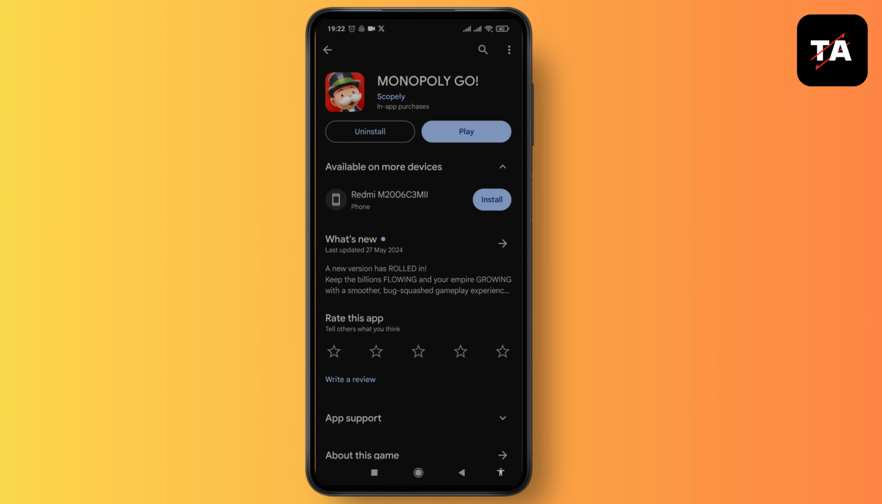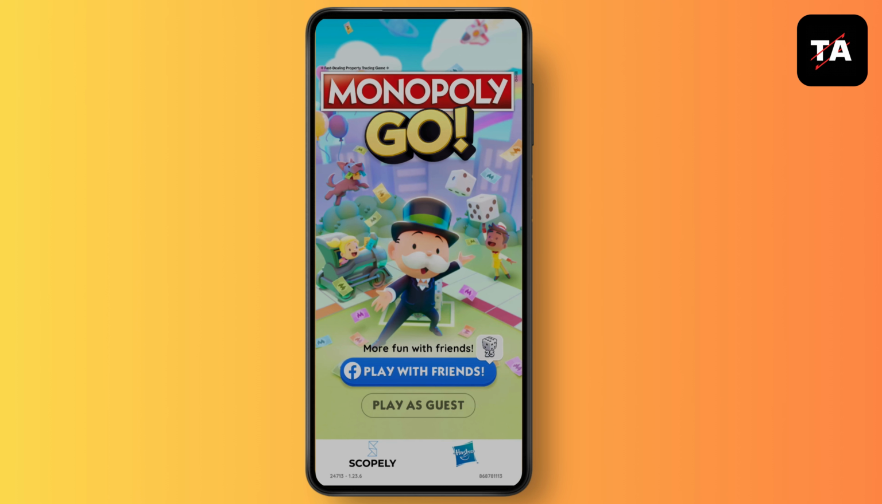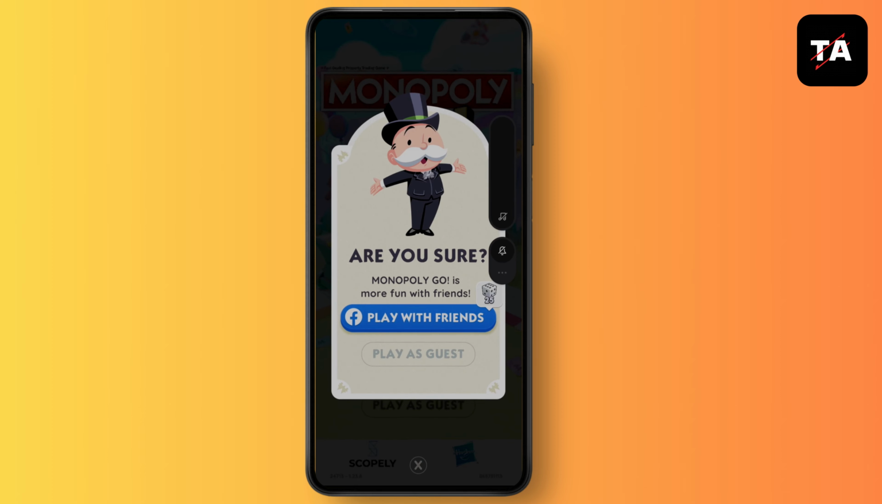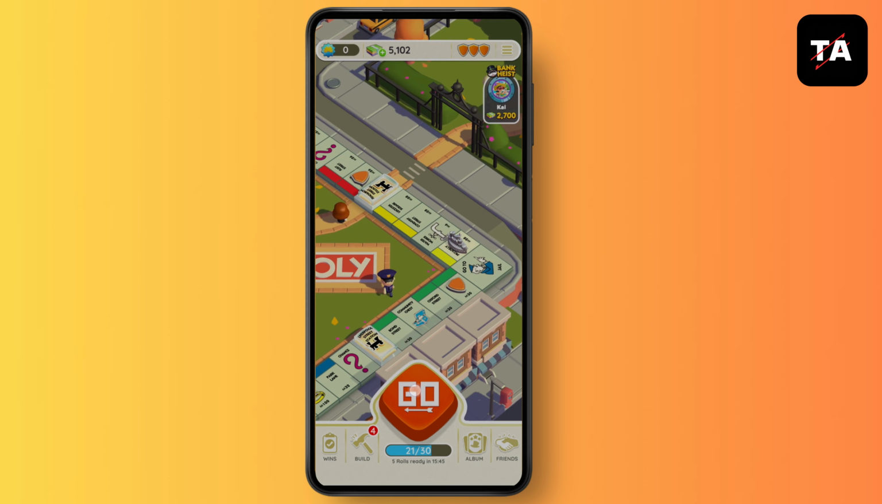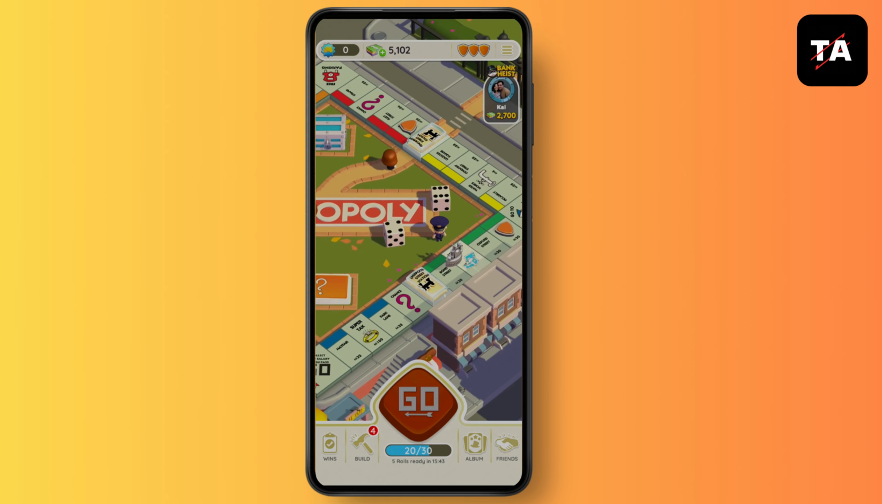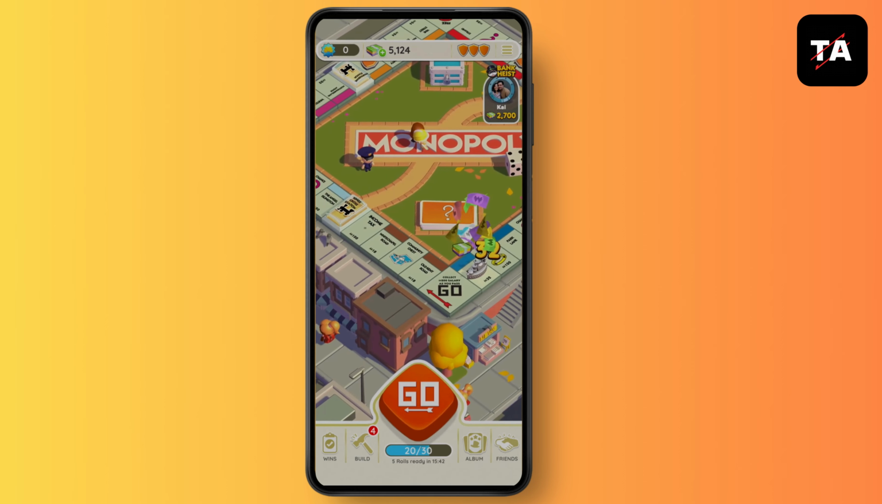And then here you have two options. Either you can sign in to Monopoly with Facebook and be able to play with your Facebook friends and other friends, or you can simply play as a guest. So here I am tapping on play as a guest. Again tap on play as guest, and here you have to tap on go to play the game, and the